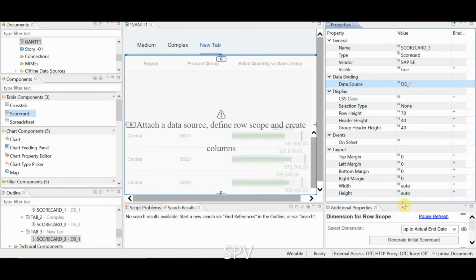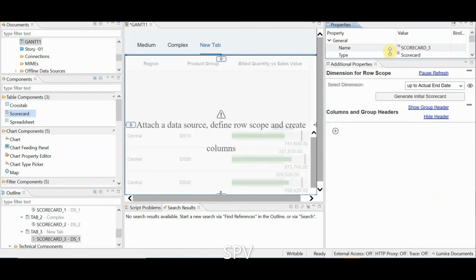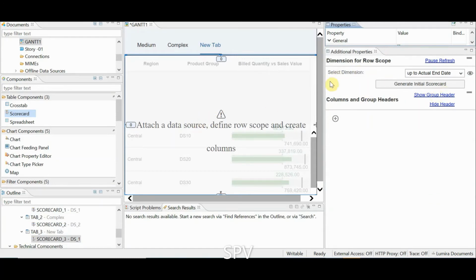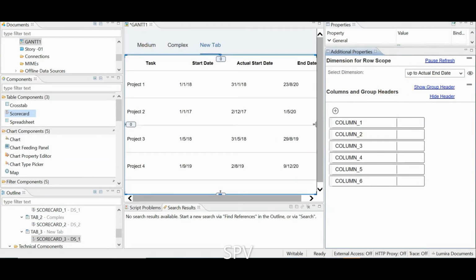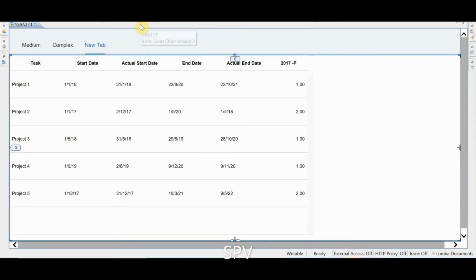Still we don't see any changes in the scorecard. In the additional properties, we need to click on generate initial scorecard. Now it was generated with this data. For now I'm expecting start date and end date, and I don't want actual start date and actual end date.